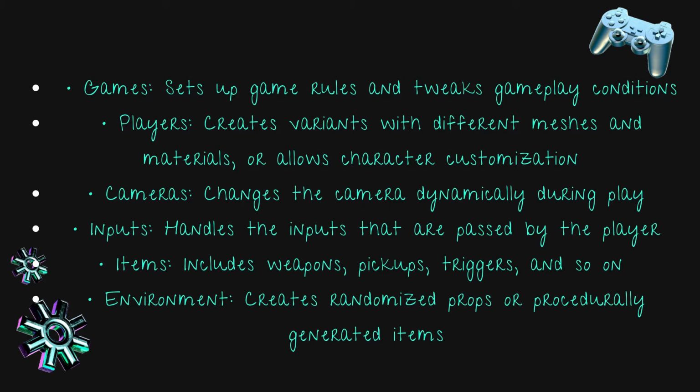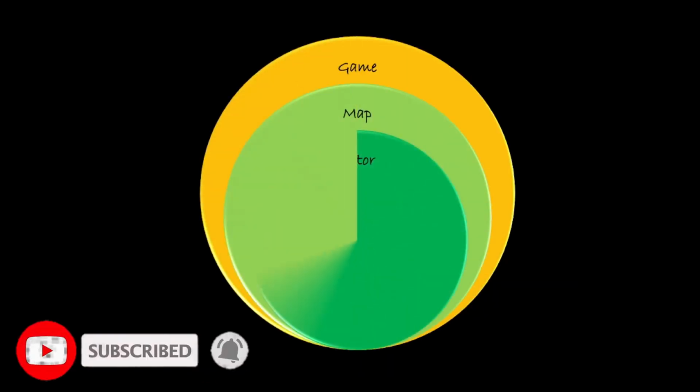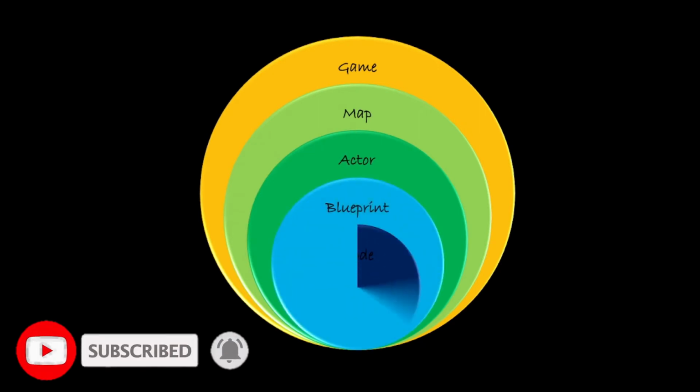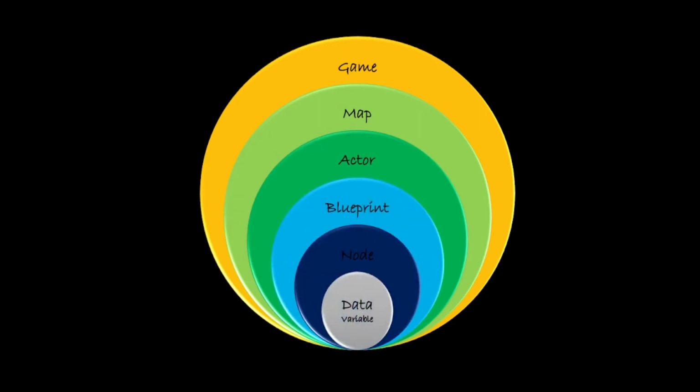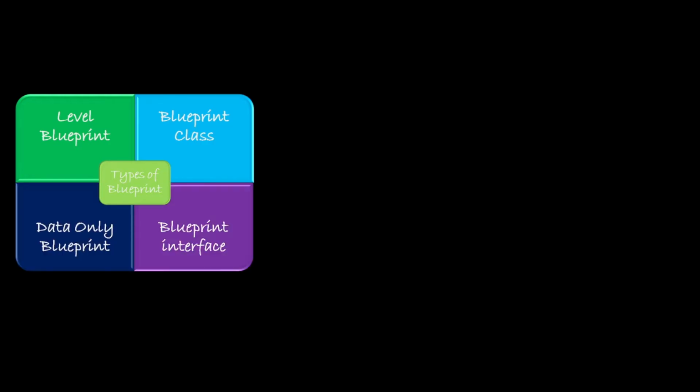In order to understand Blueprint, we first need to understand its structure. The following image is an extremely simplistic graph that shows where Blueprint is collocated in a game and who are its parent and child. Each of these elements can have multiple children and each element has its different type and behavior. Types of blueprints. There are 4 main types of blueprints, each one has a specific purpose and is useful in a specific situation. We will learn how to choose the correct one while studying the examples of this video. However, in the meantime, let's take a look at them in order to understand their differences.